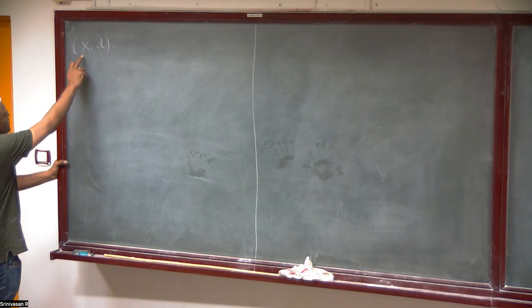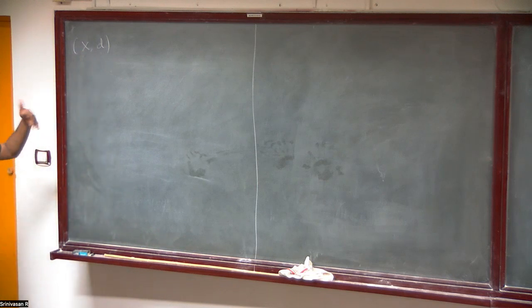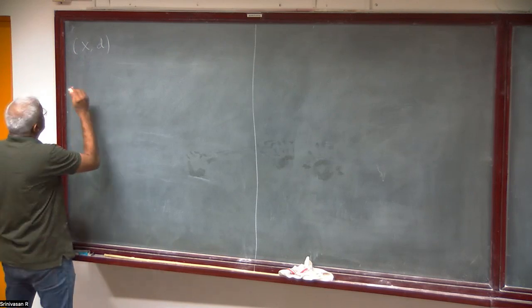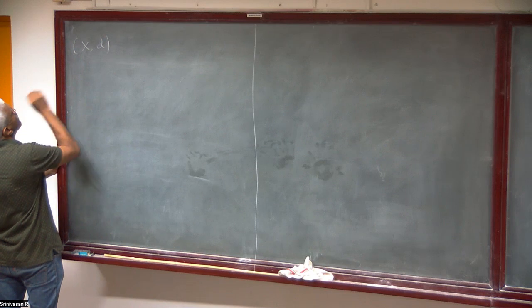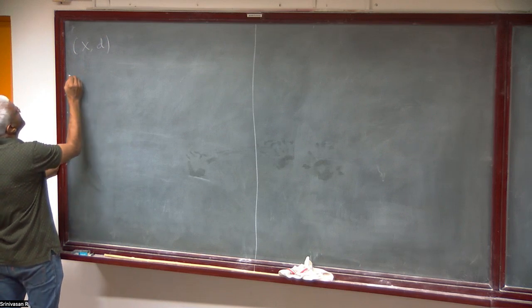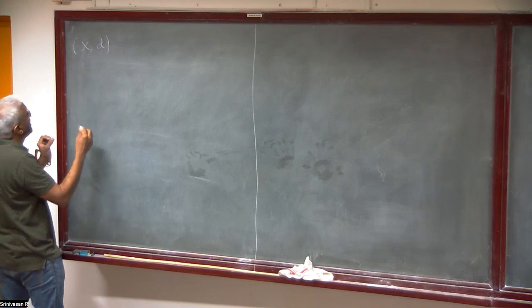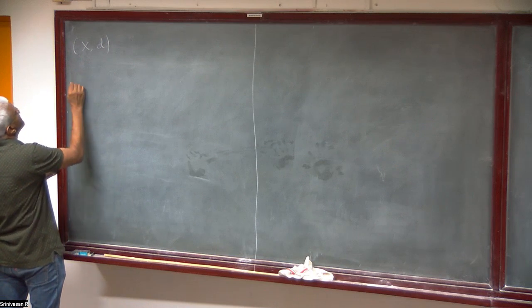So now we want to study more topological properties of this metric space. I wanted to do it in the last class, but we didn't have time. So let me just make it as a remark. I don't want to define all that. The first one is